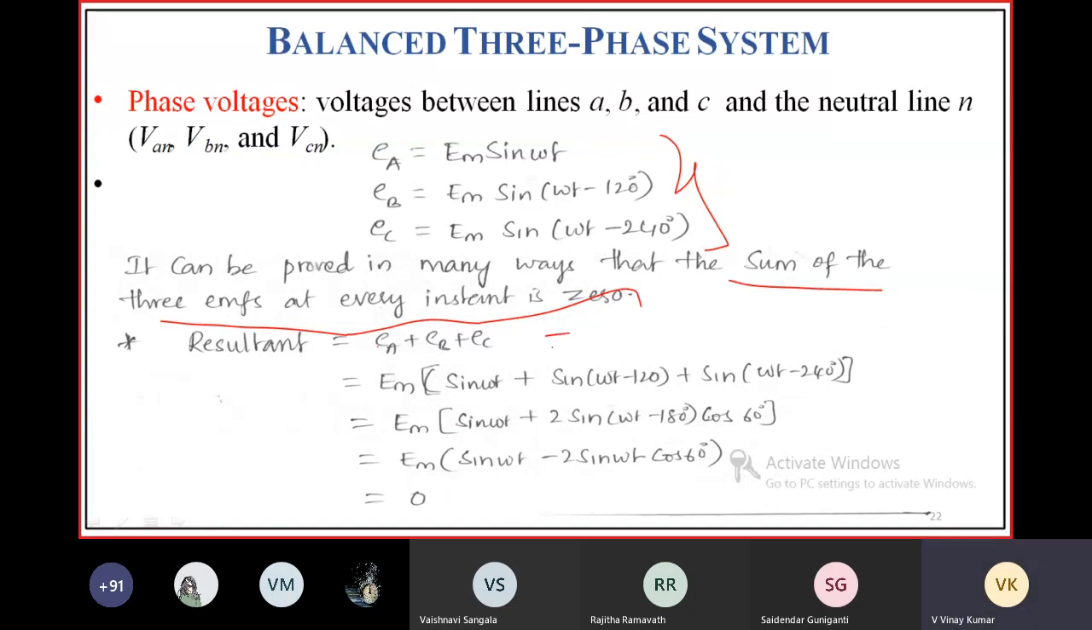You can also have this in polar form. VM at an angle 0 degrees plus VM at an angle minus 120 degrees, plus VM at an angle minus 240 degrees. Otherwise, you can also have RMS values. So here VM into 1 at an angle 0 degrees means 1, plus